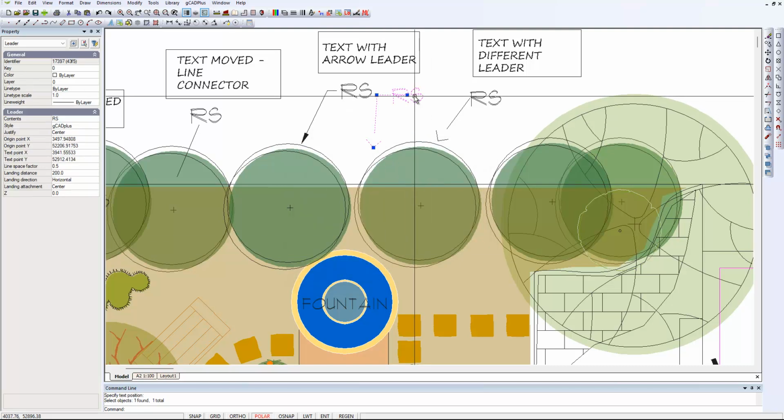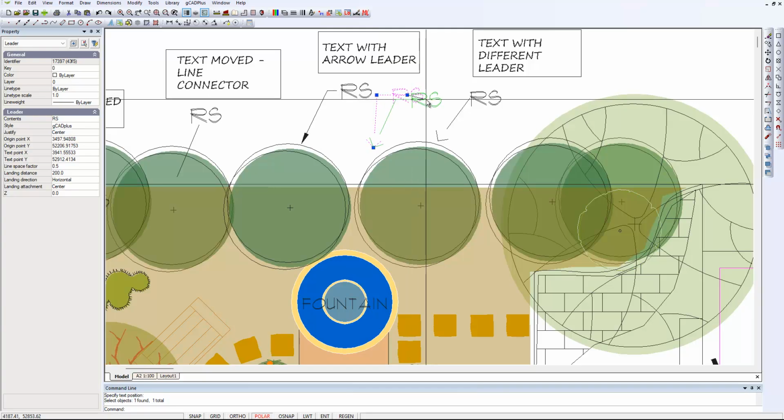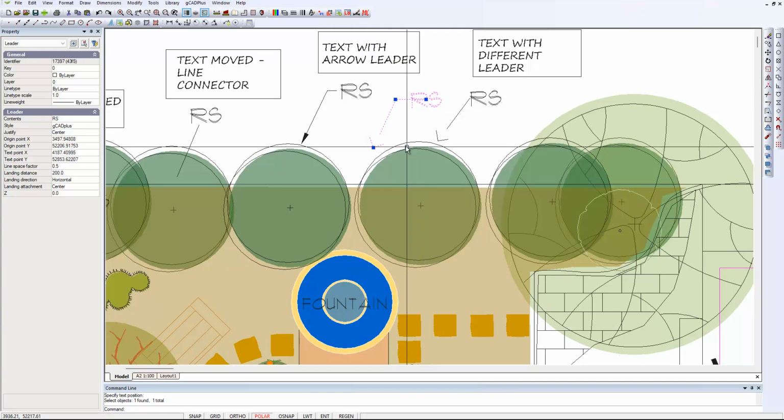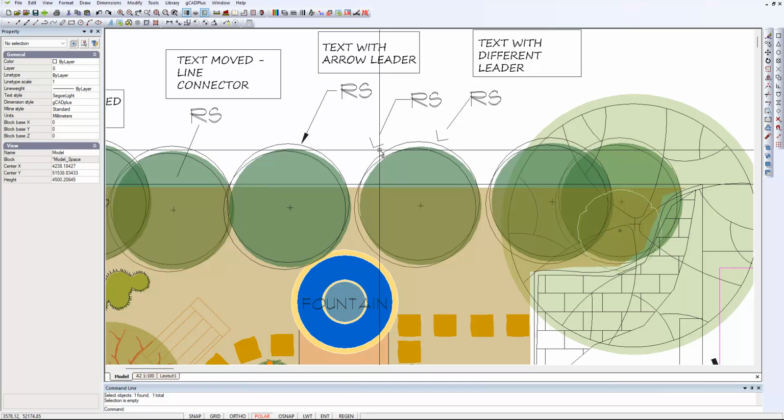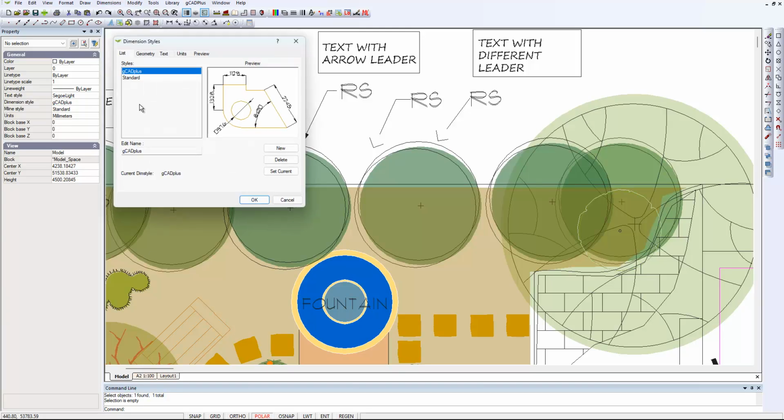So here's our leader now. So the default setting in that style must be this particular type of leader. So if we go into dimension styles, and the current dimension style is GCAD Plus, let's have a look at the